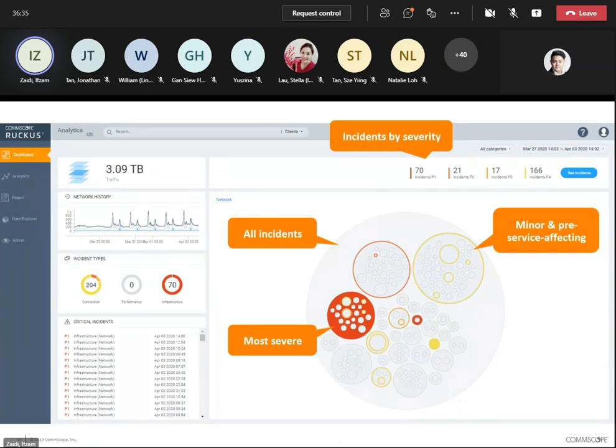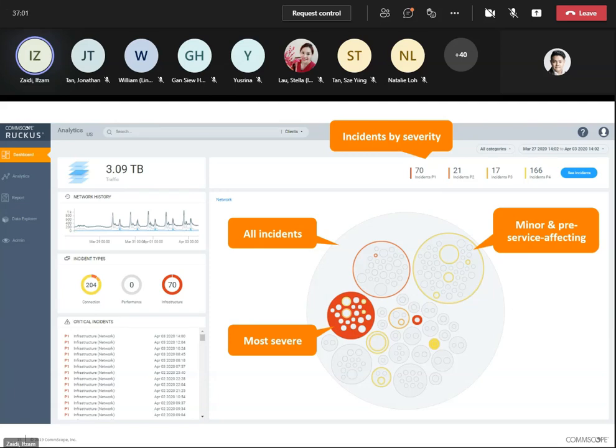So you can see this is a dashboard of Ruckus Analytics. This is the main dashboard of Ruckus Analytics. You can see that all of the key features that I have told you about are on our left side.